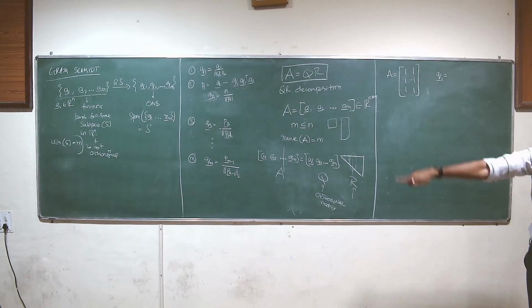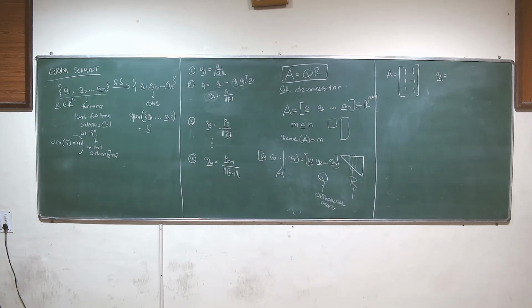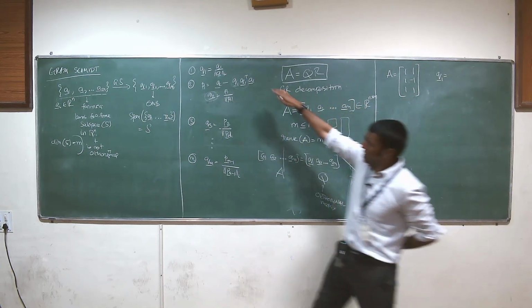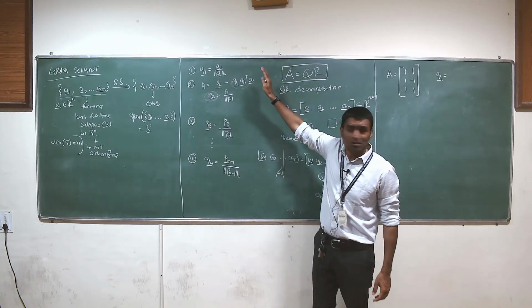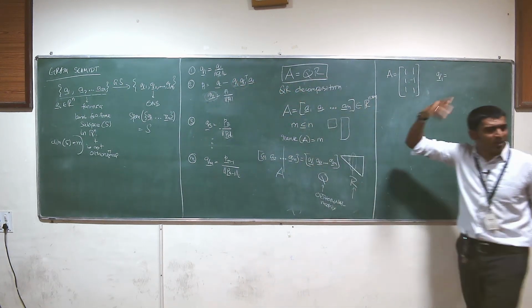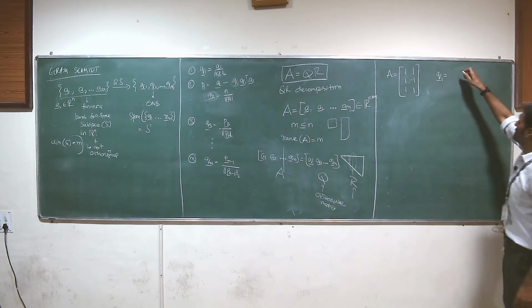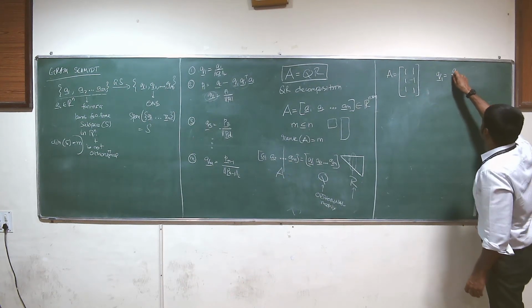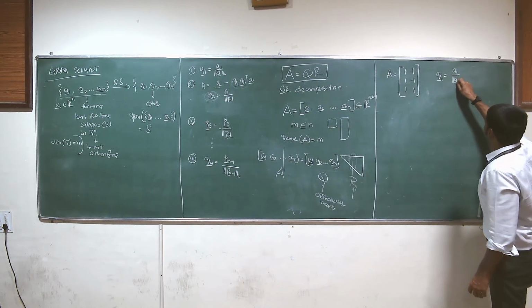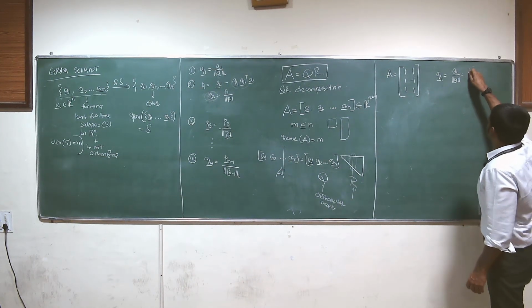Let's look at that procedure. What is Q1? Well, you compute Q1 from this. Just follow this procedure. Q1 is simply A1 normalized. If you normalize A1, what do you get? So this will be A1 divided by the length of A1. This will simply be